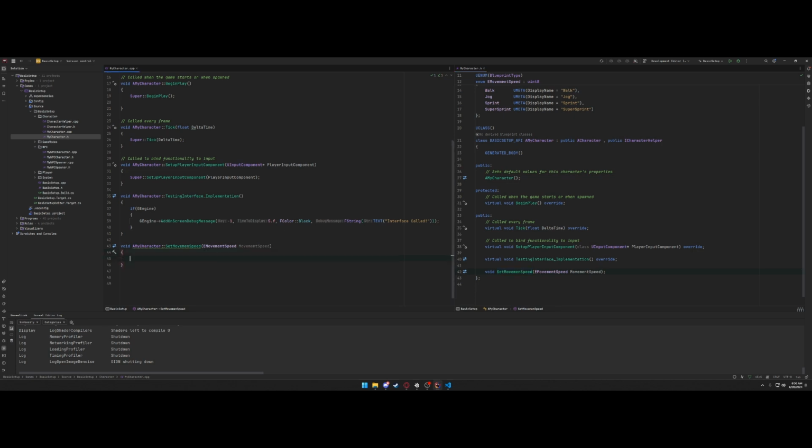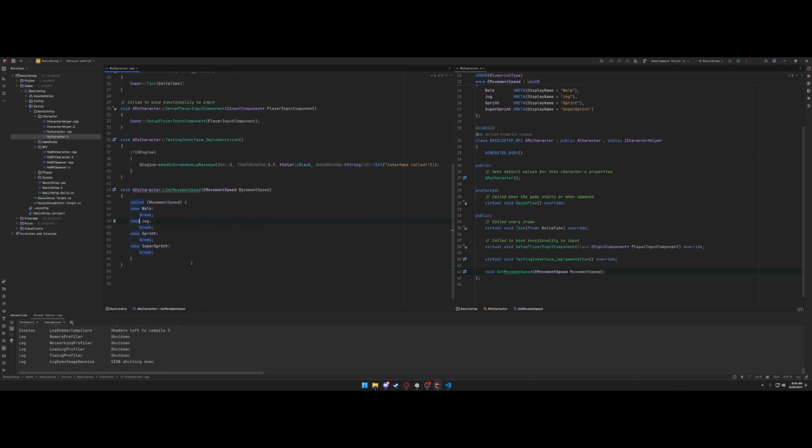Okay, now we're gonna make a switch statement given this enum, right? So we're gonna switch on MovementSpeed. And if you're using Rider again, use Alt Enter, create missing case statements, and there you go. Okay. Now we're gonna get the character movement. So that's a character movement component, and set max walk speed